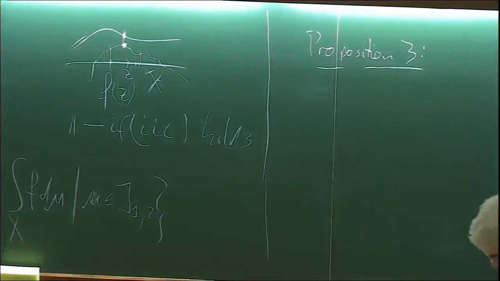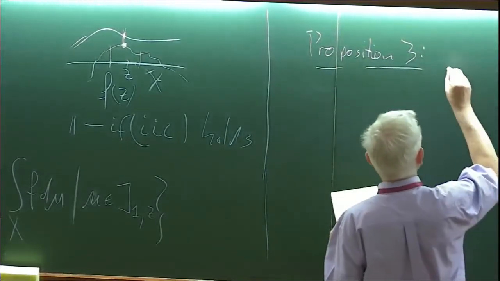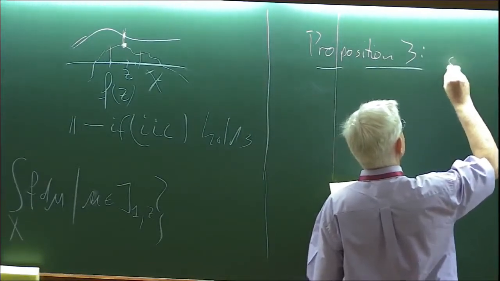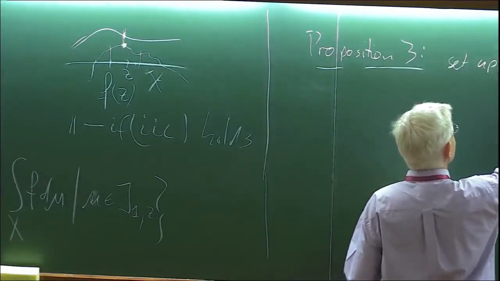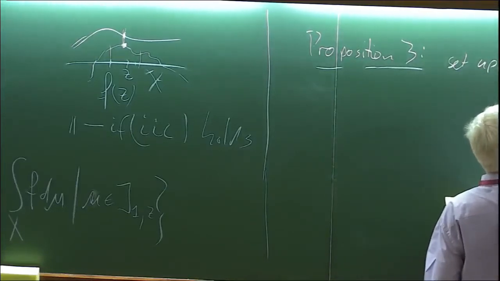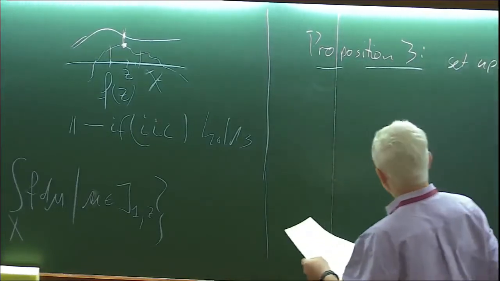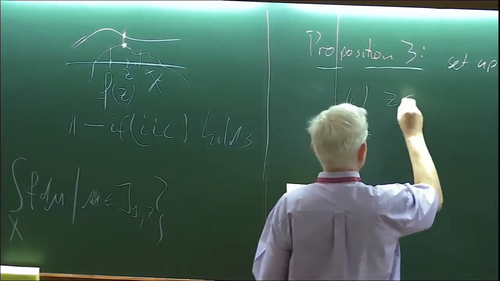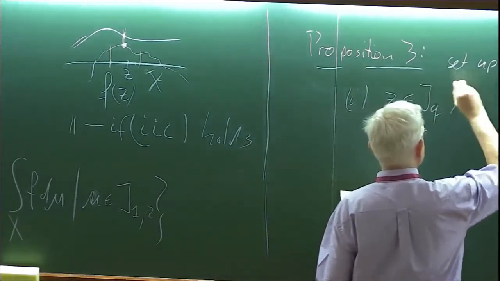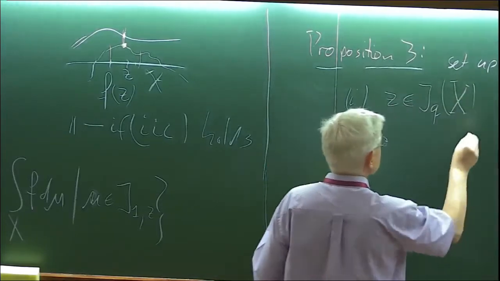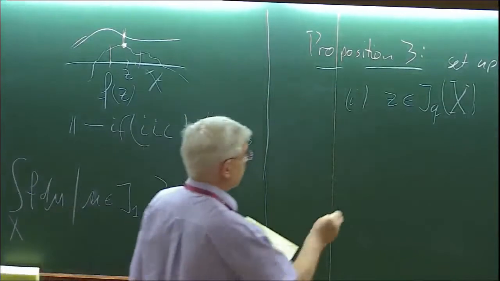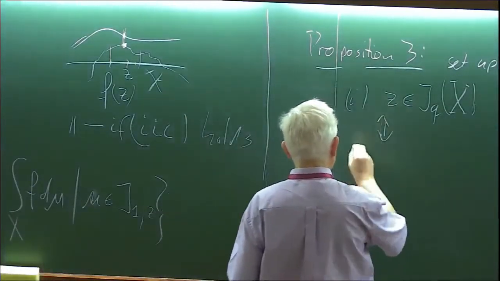So the notations are as above. Set up as in Proposition 2. Then 1, c belongs to the Cauchy boundary with respect to PQ. This is if and only if 2,